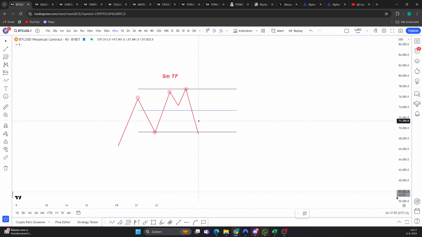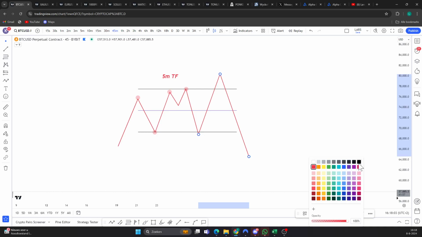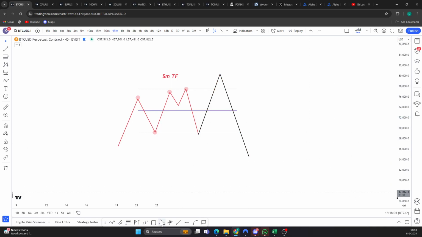But what can happen is something like this. Okay? What can happen is something like I just drew out, and let's make that black. If you stay on the 5-minute time frame, you will think that this is a 4-tap schematic, making it not a valid Wyckoff schematic. But what